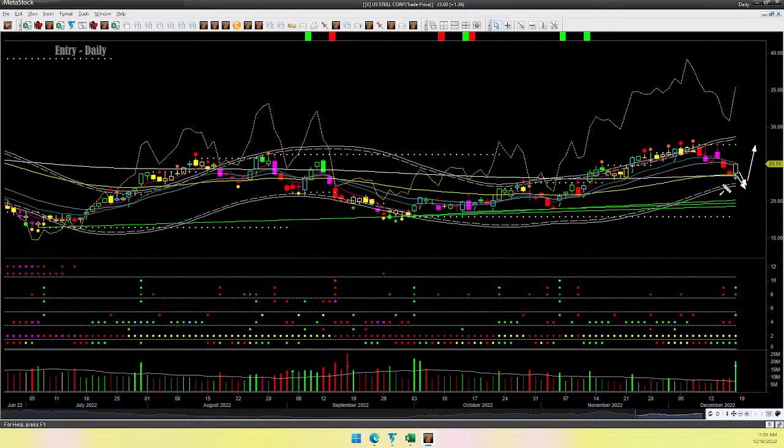Instead, I used verticals. Verticals are very safe instruments. Why? Because they are defined risk instruments and they are very efficient under such circumstances. Why so efficient? Because I don't have to worry about getting stopped out. It's like whipsaw. I wouldn't have to worry about getting whipsawed because the market is still weak. Even if price comes down a little bit and recovers, I will continue to hold the vertical position and I'll make a profit. In fact, as of Friday's close, I have a sizable profit in the trade.